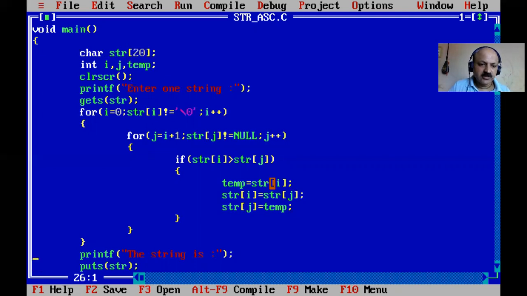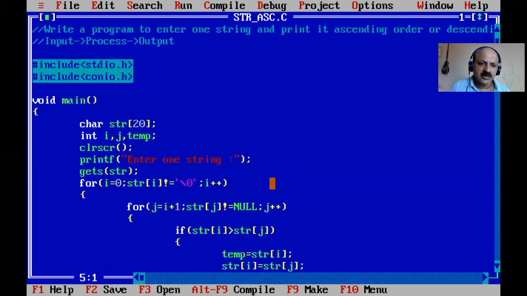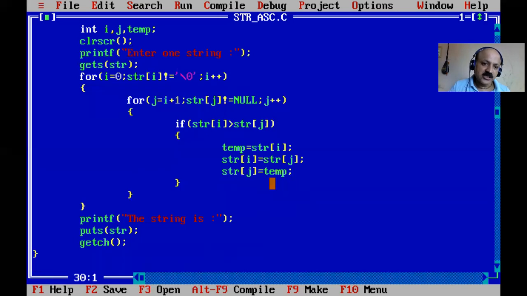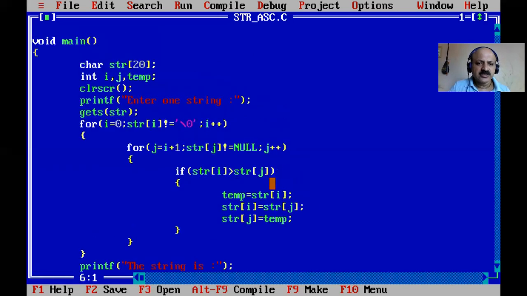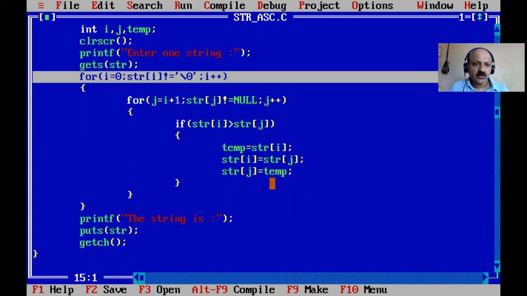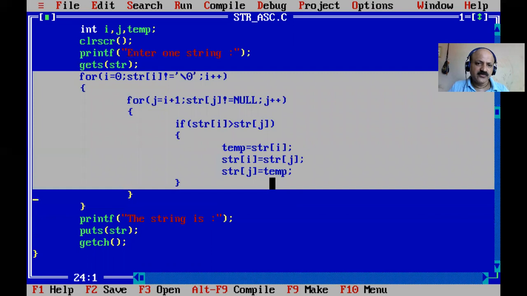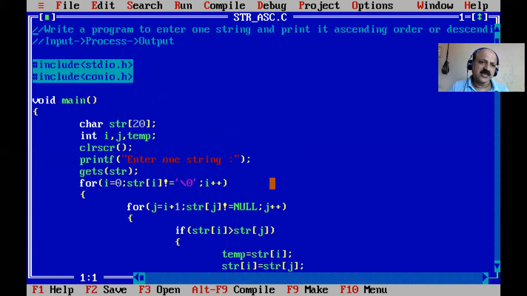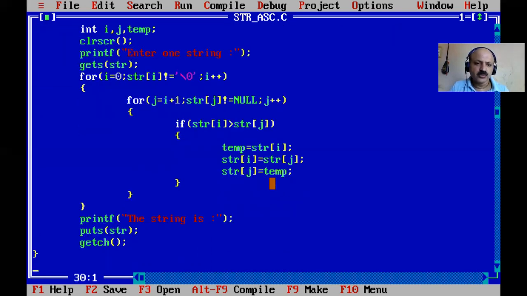So I think that is very simple, ascending selection sort on a string. To get ascending or descending, just shift your condition. If greater than, so ascending, and if less than, so descending order. So write this, that is our logic. There are two nested loops, and an if condition is required for ascending or descending, same as with integers. Here we compare the ASCII code, and based on the ASCII code, the element is shifted. The swap logic is, I mean, a shift. With that swap logic we interchange the values.